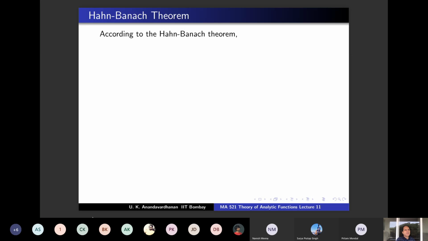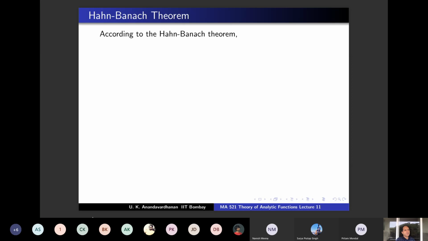Okay, so a normed linear space is a vector space with a norm. This is the subject of functional analysis, and the Hahn-Banach theorem says something here. A norm gives you a natural topology, right? A norm gives you a distance, d(x, y) is the norm of x minus y. So it's a metric space, therefore it's a topological space, and therefore you are interested in linear functionals, but here you are interested in continuous linear functionals, continuous with respect to this topology. So the question is,